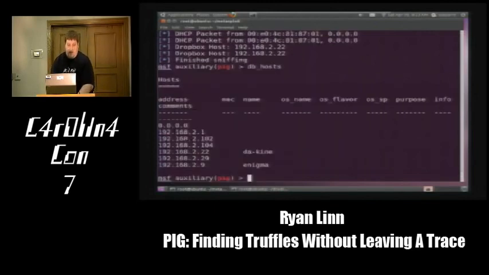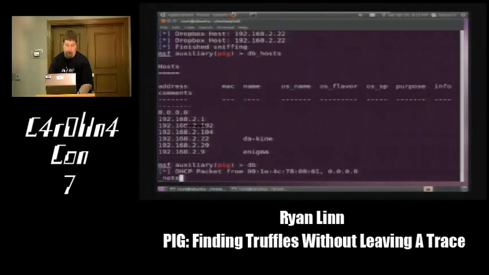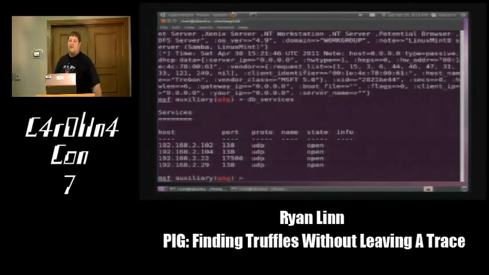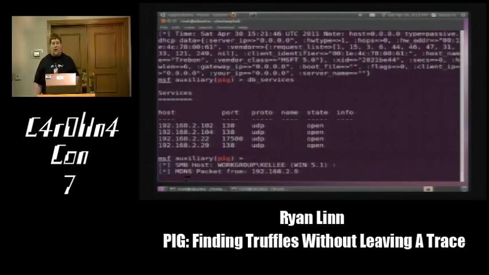We can see additional hosts that were found, additional note information, and additional service information as well. These are all of the ports that were discovered just by listening, hosts that were discovered, and all of this is just from listening to the network.